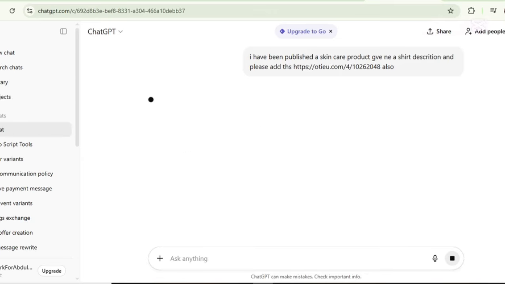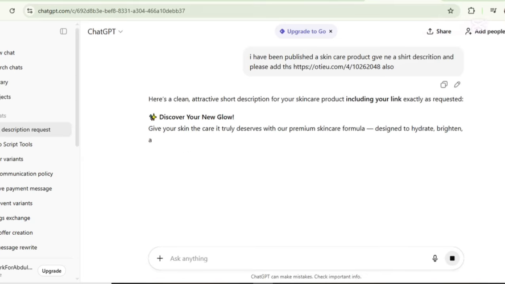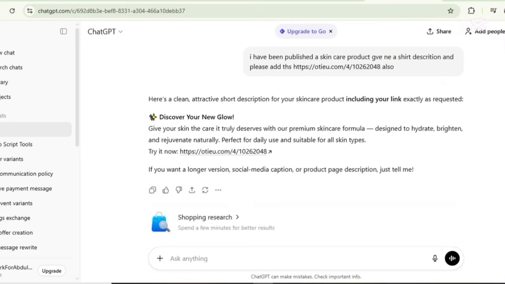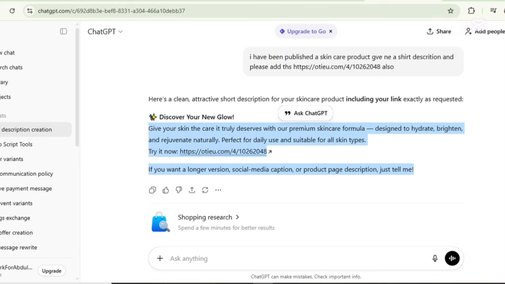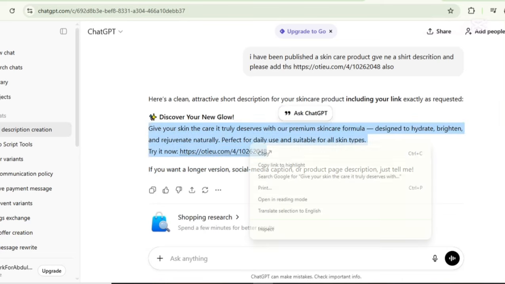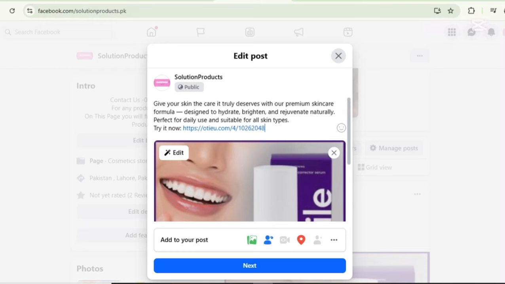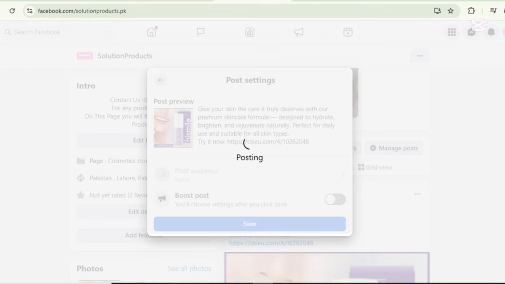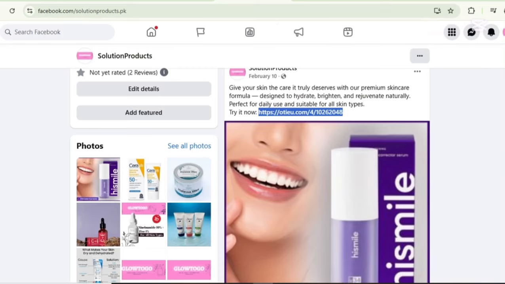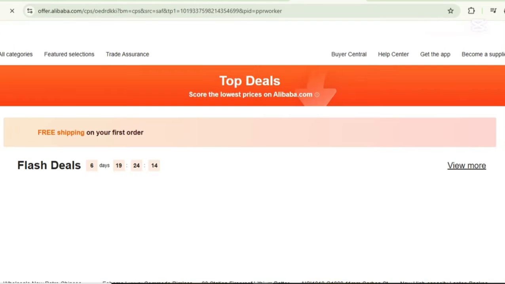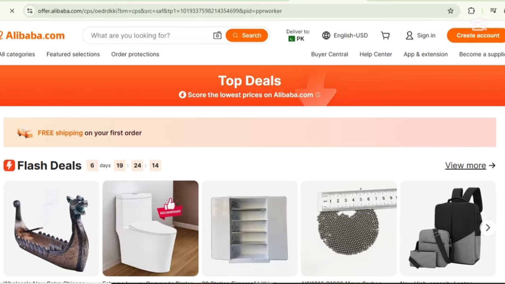So I have simply added a random prompt, asking it to add this link inside the description, so users can click on the link and go to the relevant offers that are suitable for them, since it is actually the smart link. Alright, so I have generated the smart link and provided it in the description along with my product, and I am publishing it. When someone clicks on the link, it will redirect them to the proper relevant offers.